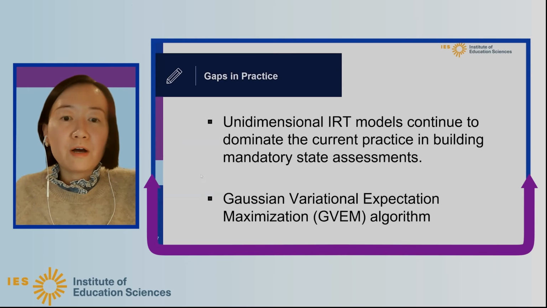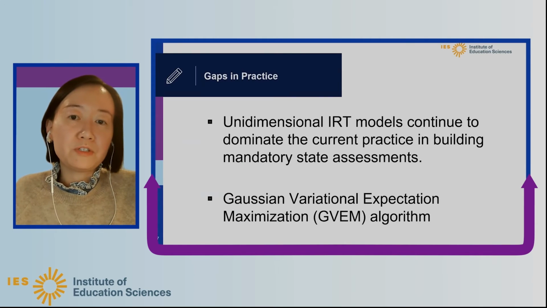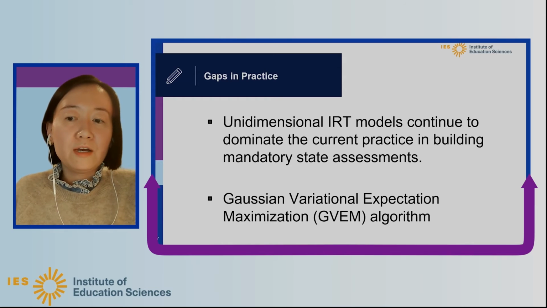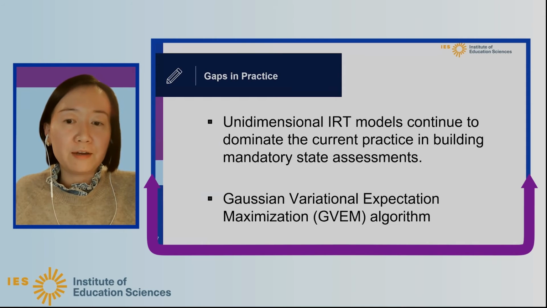We do observe a gap between research and practice. In practice, unidimensional IRT models continue to dominate current practice, for example, in building mandatory state assessments, although research in psychometrics has provided increasingly sophisticated measurement models. One reason, we think, is that when the number of items, sample size, and number of dimensions are all large, the current computational algorithms for MIRT estimation may not be powerful enough to produce results in a reasonable time